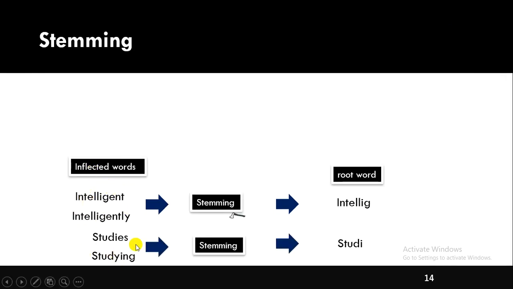For example, for these words, when I applied stemming, I could see the derived words intelligent and study. Stemming simply chops off the suffixes from the inflected words. In this case, it returned a non-dictionary form of the word.